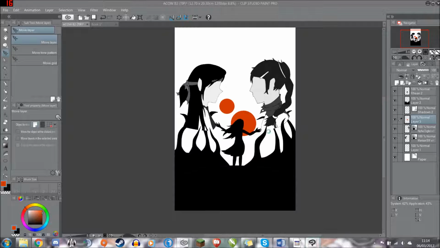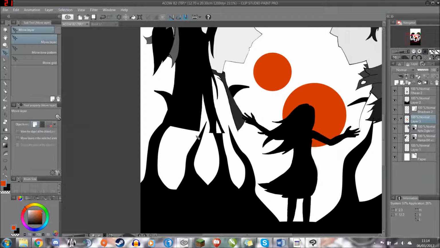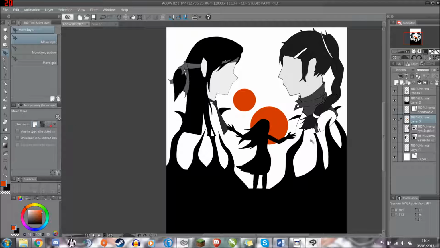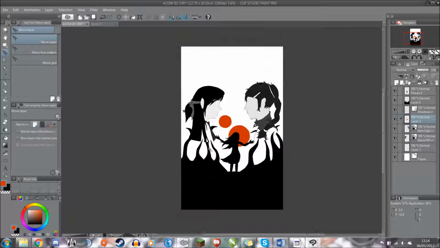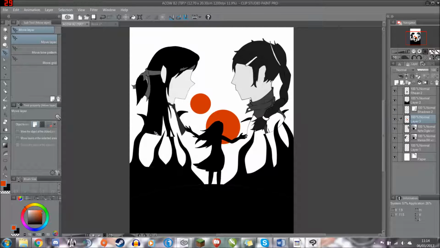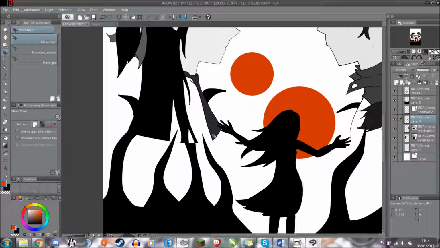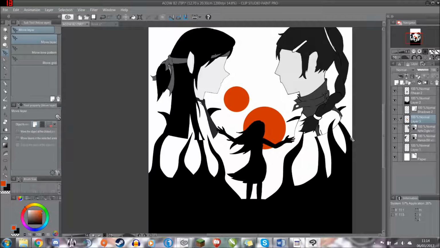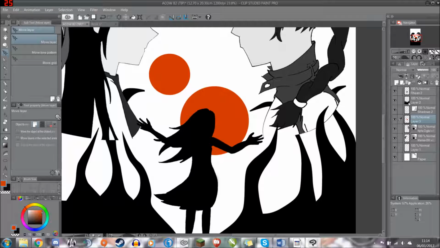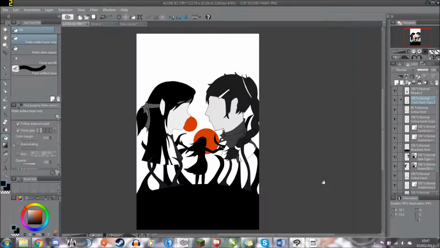So I'm a little unsure about the hard edges there. I'm not sure whether or not I want their bodies to come all the way down. Let's have a look. So this is all about trial and error, really, just to try and get the idea for it. So if I go back, and I'll do that now,